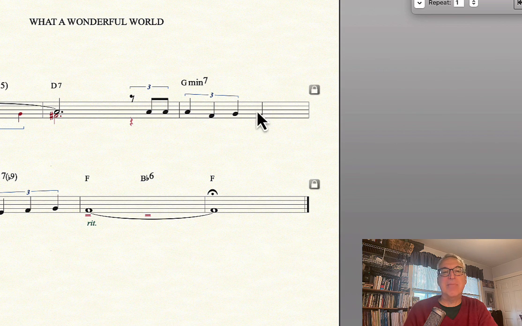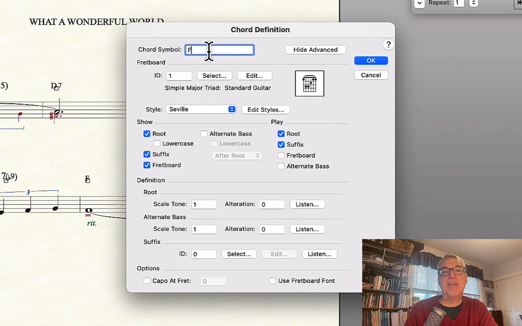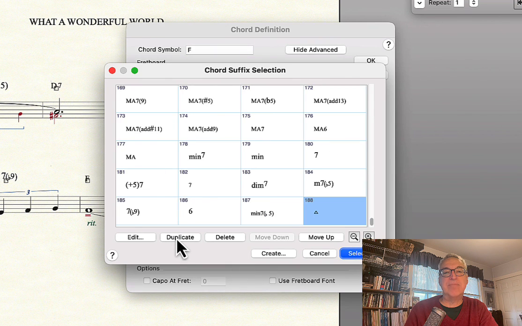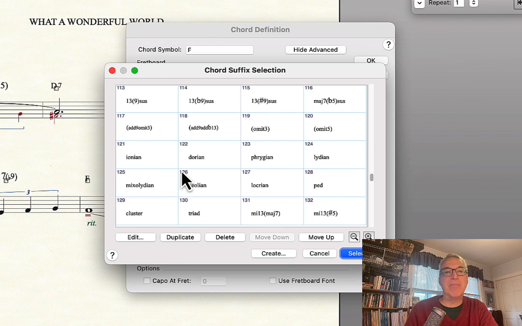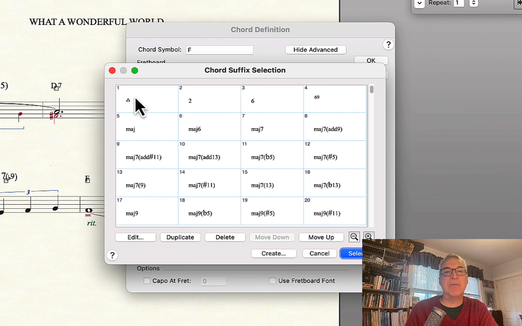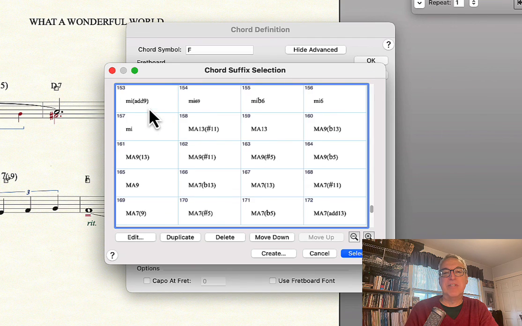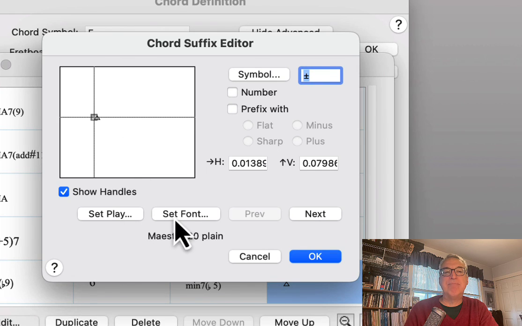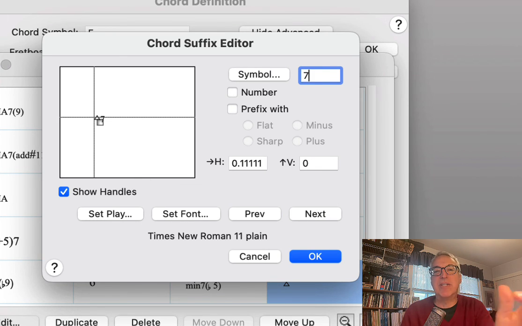Let's say, again, I'm going to double click with the chord tool. So choose the chord tool, double click. Let's say I want that to be F triangle 7, major 7. So then I would choose Select, and then with this triangle, I'm going to say Duplicate. All right, and now that I have Duplicate, I have another triangle that I can work with, right? My original triangle is still way up here, untouched, but it duplicated that triangle down here, and I'm going to edit that one, and then go to Next, and maybe the next thing, I'll just put in a 7